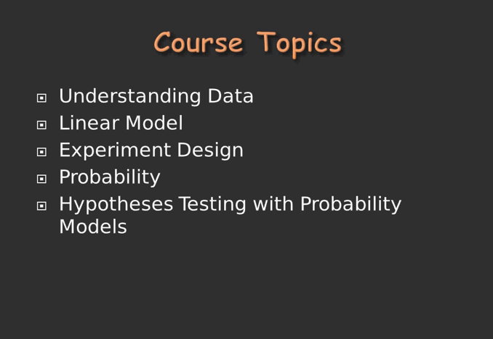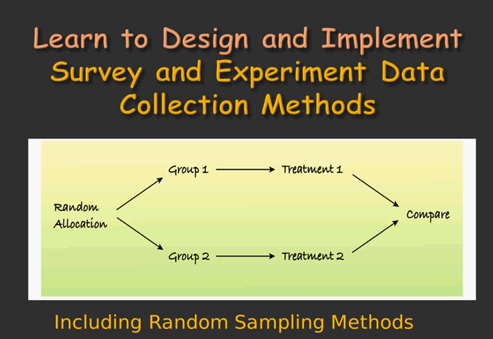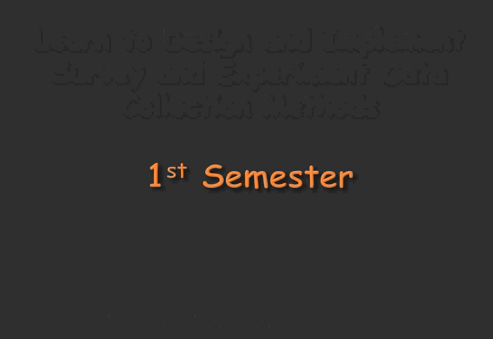So the course topics: understanding data, linear models, probability, experiment and survey design, and hypothesis testing with probability models. This is the core part of the course. This is what you use. I'm going to go through it in a little bit more detail. So first semester,